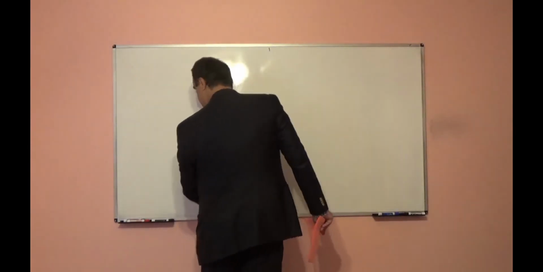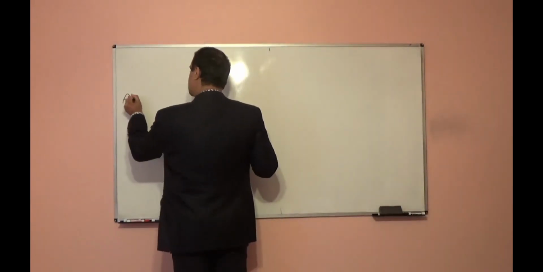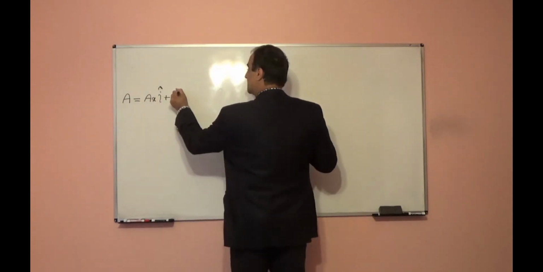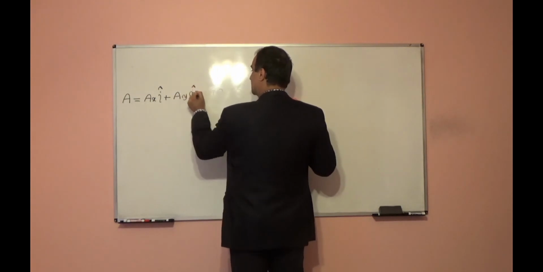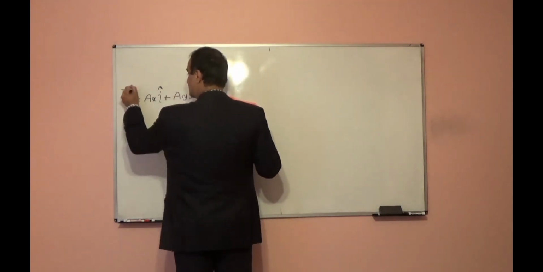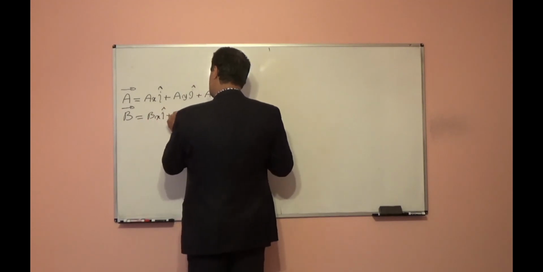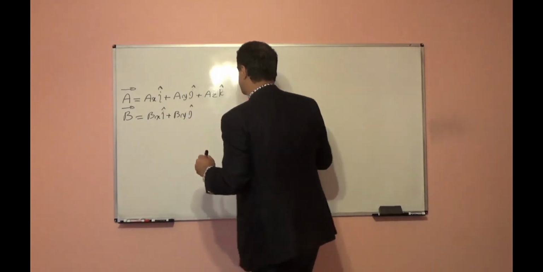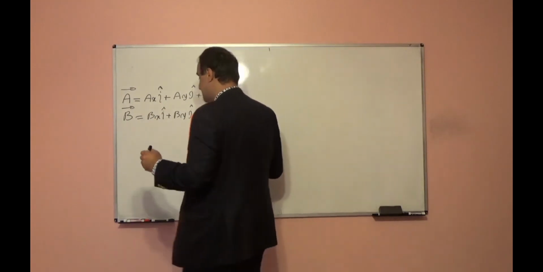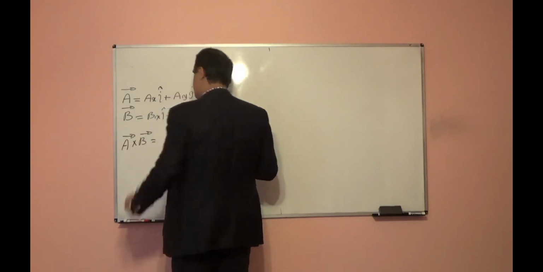So if we have again two vectors A and B in Cartesian vector form, A is equal to AX i plus AY j plus AZ k, and vector B is equal to BX i plus BY j plus BZ k. In that case, A cross B will be equal to